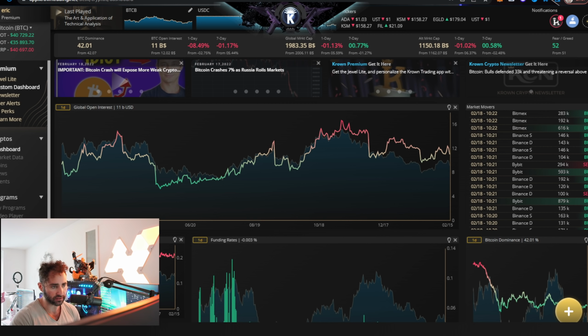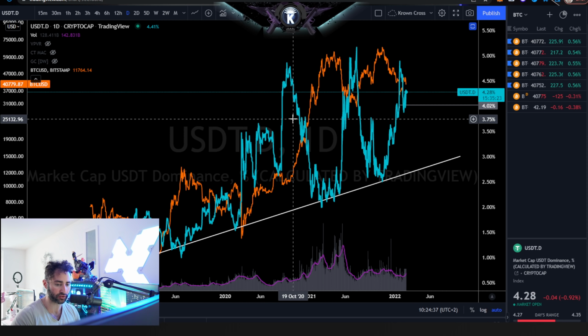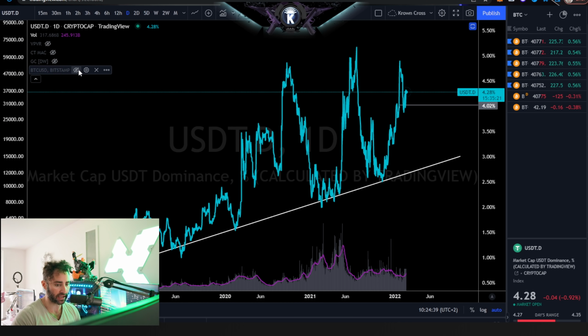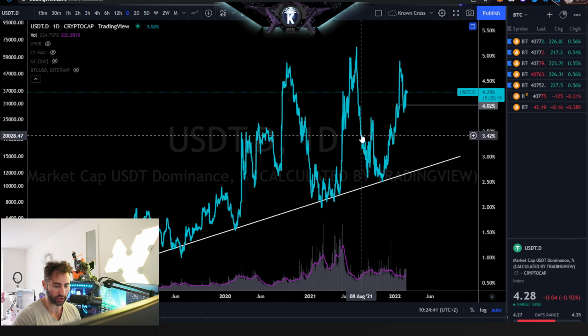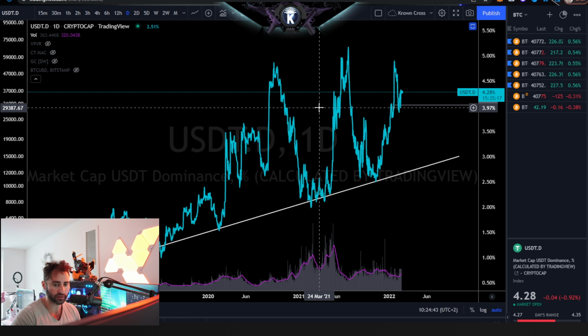Anyways, so yes, let's start off with what I'm going to call the chart of the day. That is going to be the Tether dominance chart. Now, the Tether dominance chart is just this cyan line chart that you see right here. The reason why I bring it up is because theoretically it should play